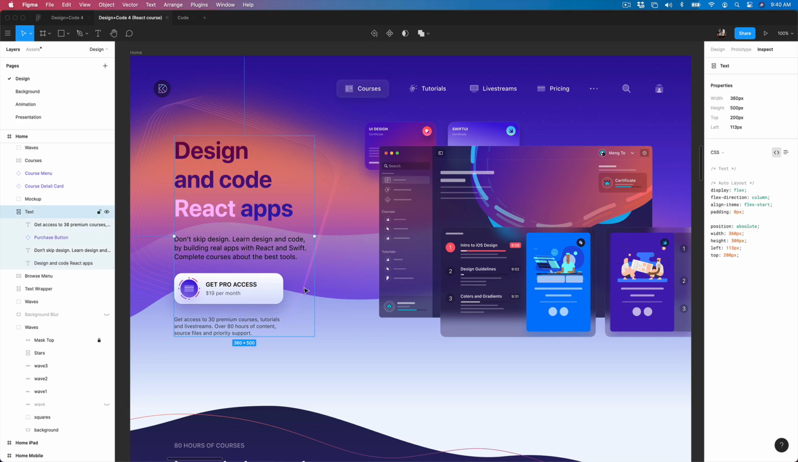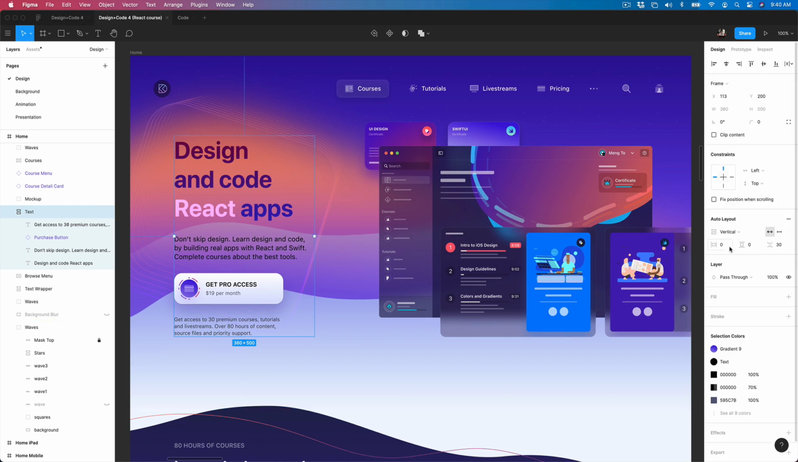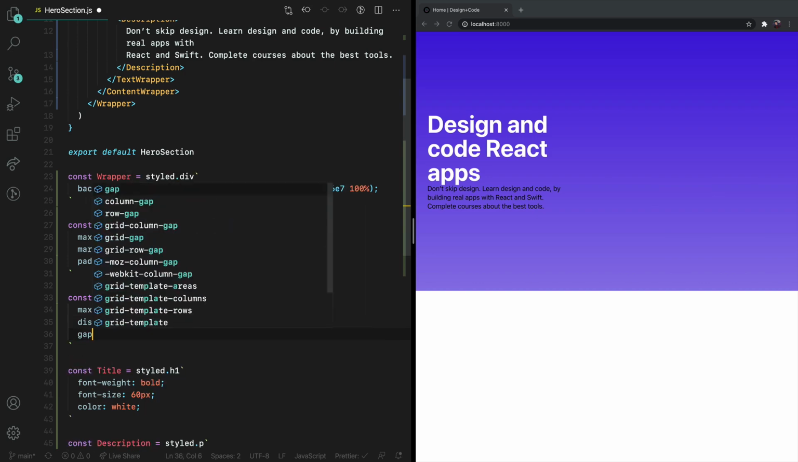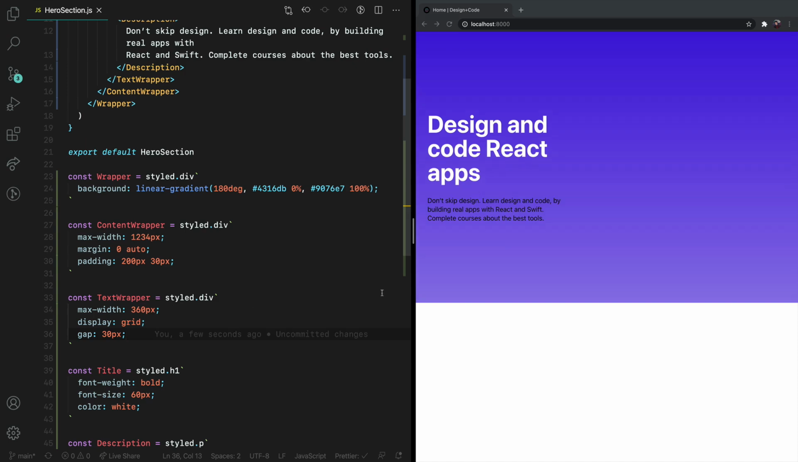And finally, one of the things that I really like to use is something similar to auto layout in Figma, which is the gap between the elements. So if you look at Figma, we have the gaps. So this is 30, and it's really easy and flexible. You don't need to set the margin for each of the elements, which can be very cumbersome. So going back to the code, for the text wrapper, we're going to set display grid with a gap of 30 pixels. Now we have a nice spacing between the two elements without having to use margins,